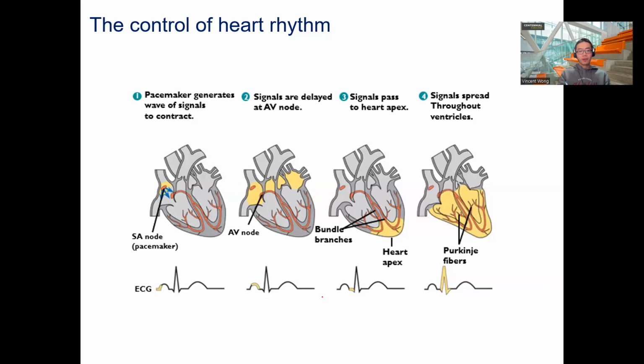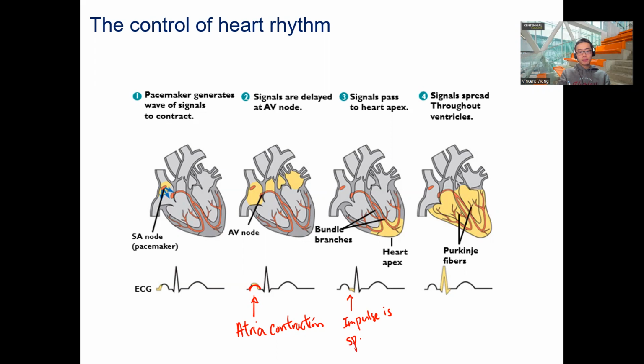So let's see which part of the curve corresponds to what phase of the cardiac cycle. When the SA node, your natural pacemaker, creates that initial signal, it causes a small bump. This small bump at the front corresponds to atria contraction. And then there is a little bit of a delay here. That delay, this flat line here, is waiting for the impulse signal